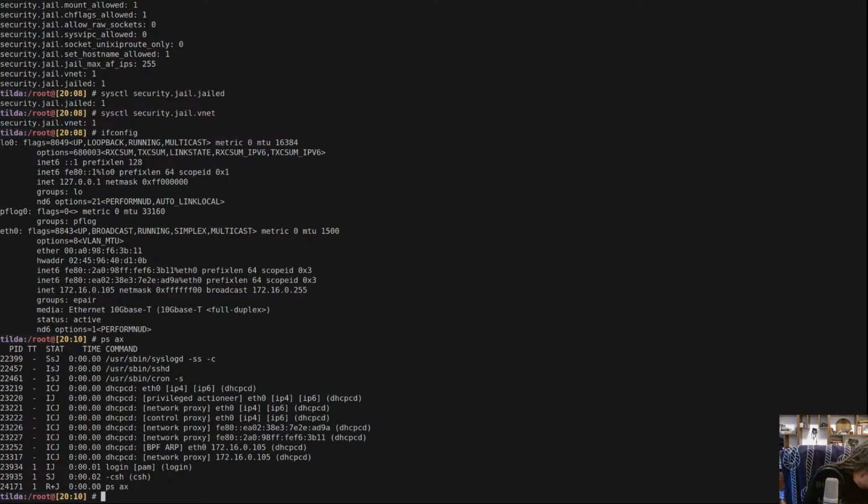Sorry. It's what you would expect if you have a virtual resource you can access via SSH. At least I would expect logging and cron to work, right? And it's really nice that with VNET, whatever it is at this point, I'm going to cover it just a little bit, not in too much depth in the future, but it's what gives us the ability to have DHCP inside the jail. If we want PF inside the jail,